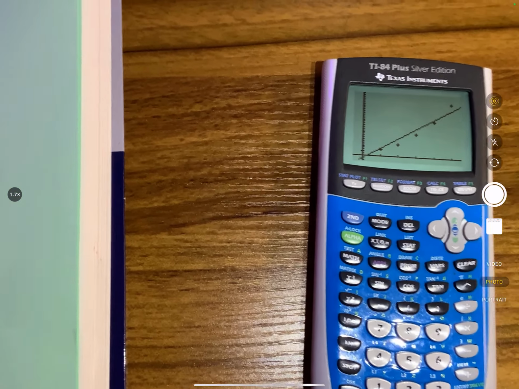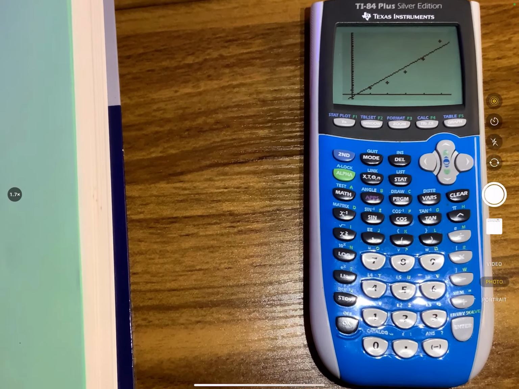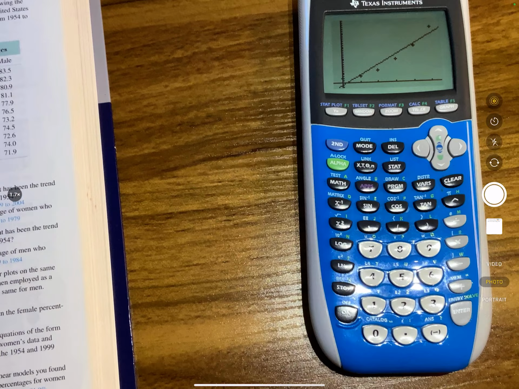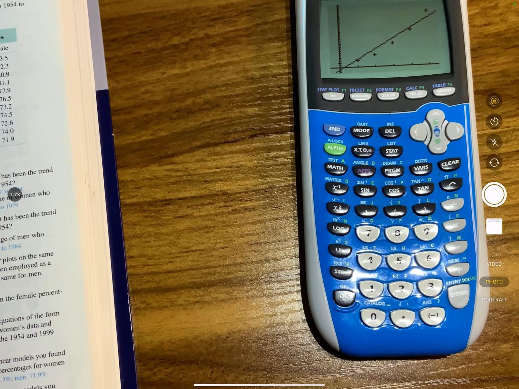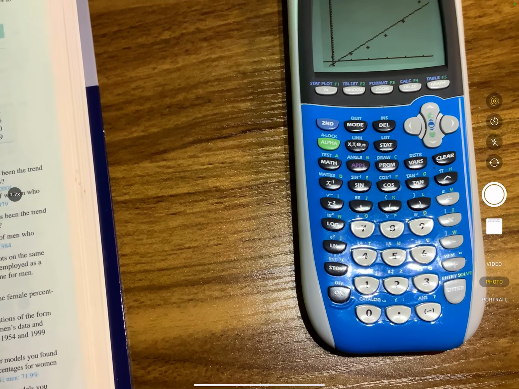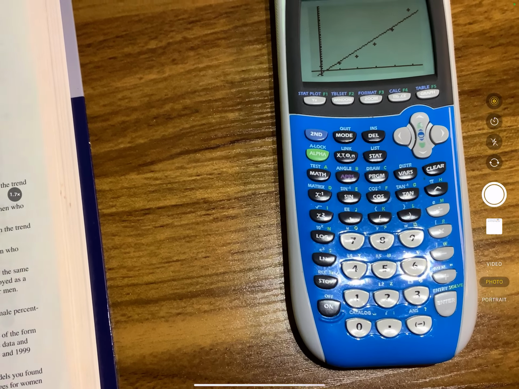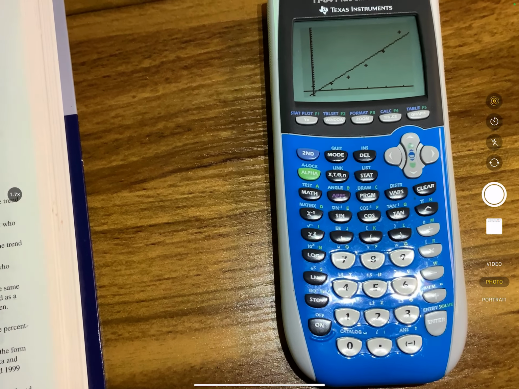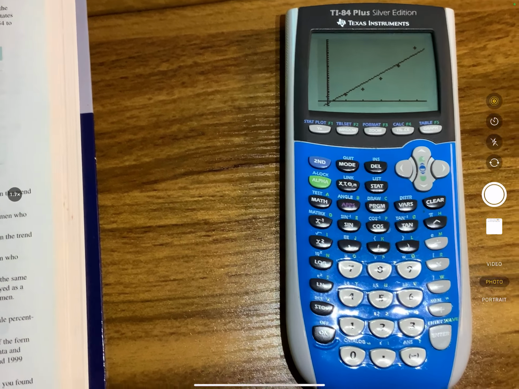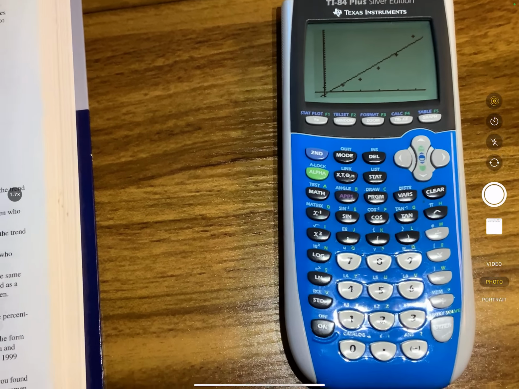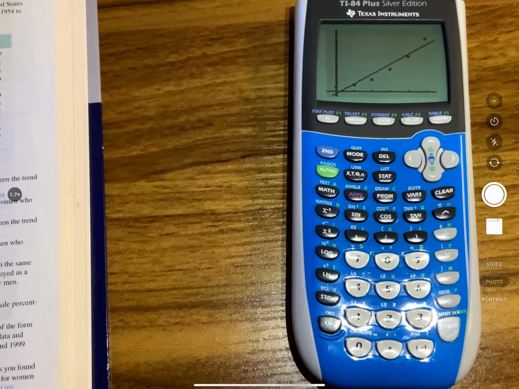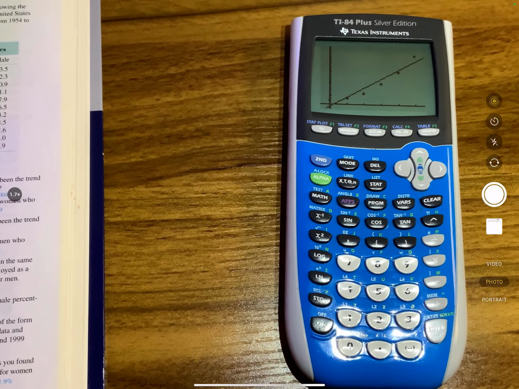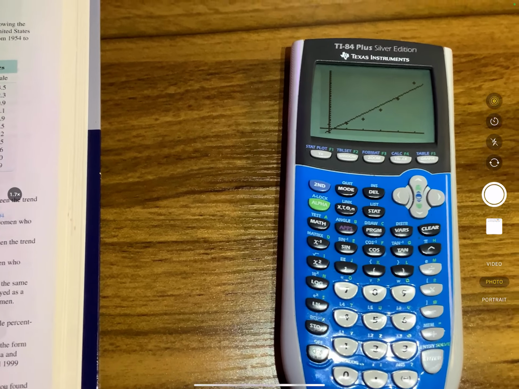I also don't have my calculator. Do we need to draw that on our paper too? Yeah. As a separate graph, or can we just... No, you can do it all on the same one. Okay. So make sure you write the equation. This will not look like one of the graphs in the book, that line,